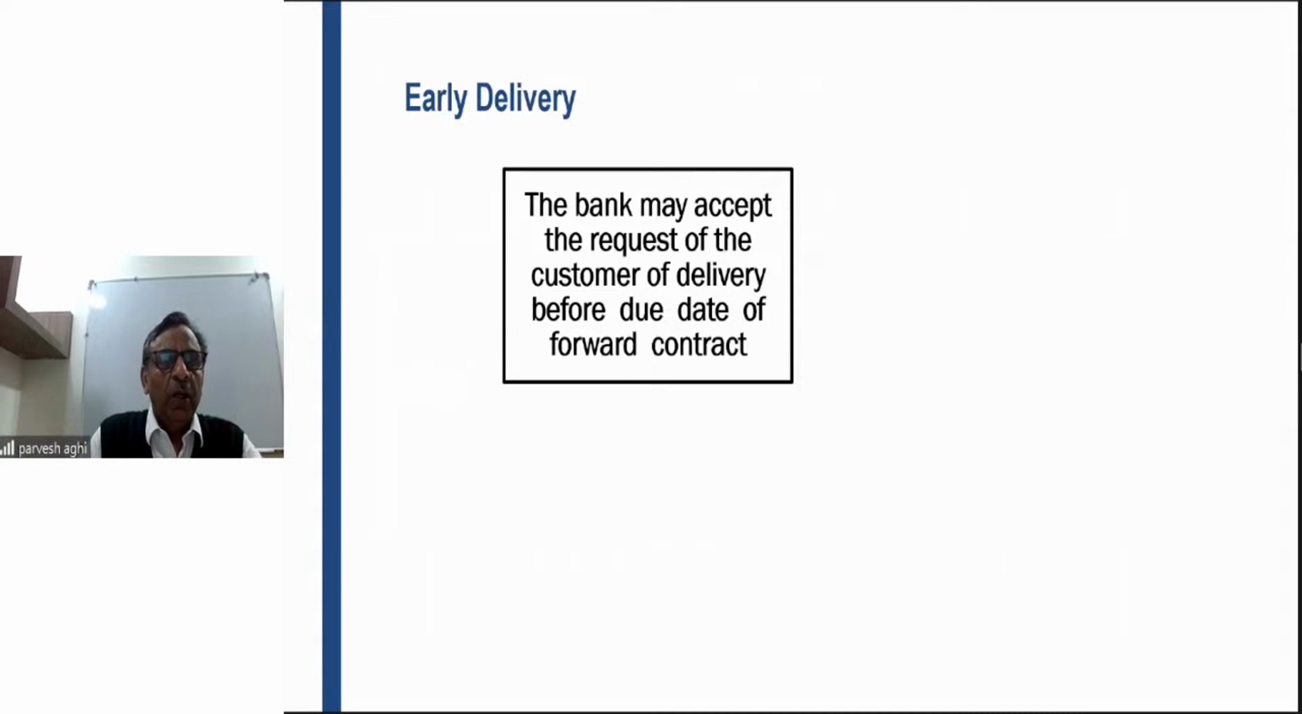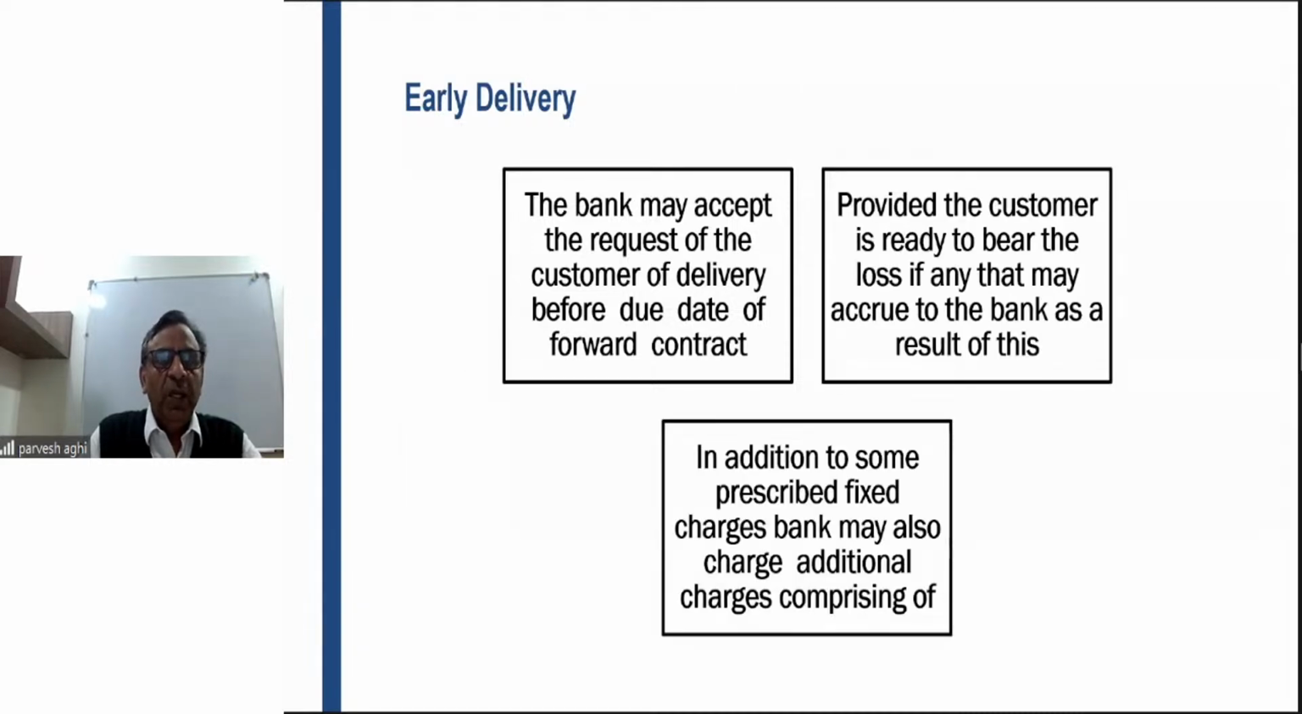Okay. So let's look at this question, early delivery. So let's understand some theory behind it, and then we go and solve this question. Bank may accept the request of the customer of early delivery before due date of the contract, provided the customer is ready to bear the loss, if any, that may accrue to the bank as a result of this. So since you're receiving money earlier than what was expected, maybe the foreign exchange rates have changed and there would be some loss, and that loss will be passed on to you by the bank. In addition to some prescribed fixed charges, bank may also charge additional charges comprising of, now